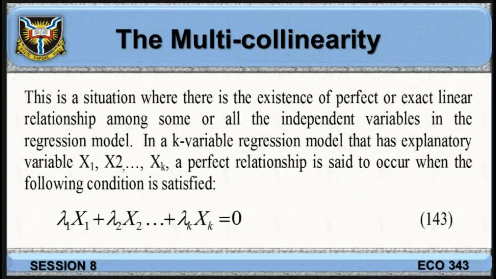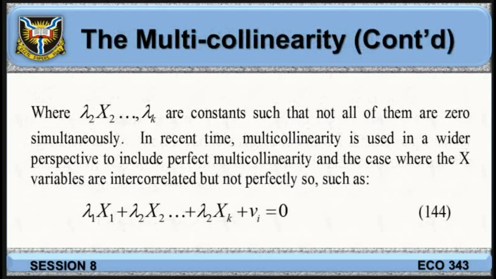In the k-variable regression model that has explanatory variables x1, x2, ..., xk, a perfect relationship is said to occur when the following condition is satisfied: lambda 1 x1 plus lambda 2 x2 plus ... plus lambda k xk is equal to 0, equation 143, where lambda 1, lambda 2, ..., lambda k are constants such that not all of them are 0 simultaneously. In recent time,